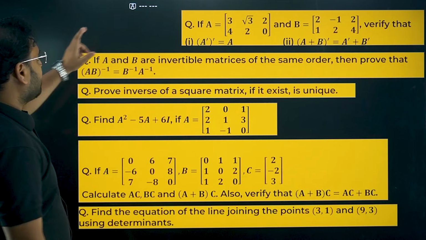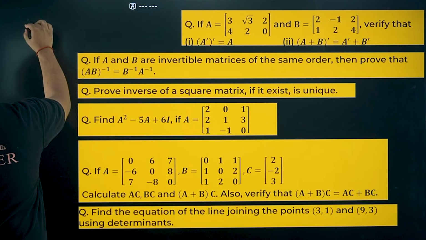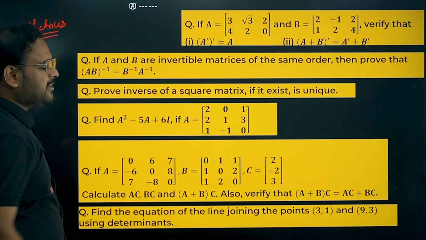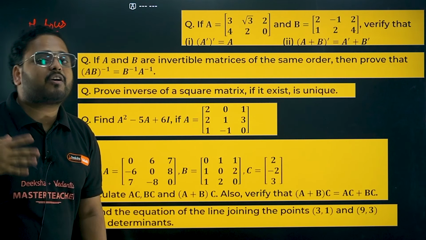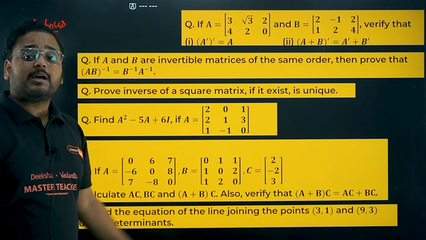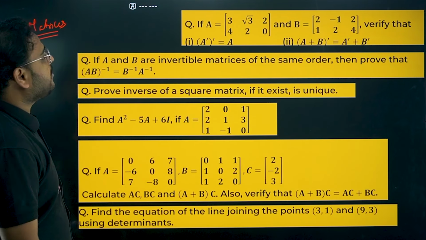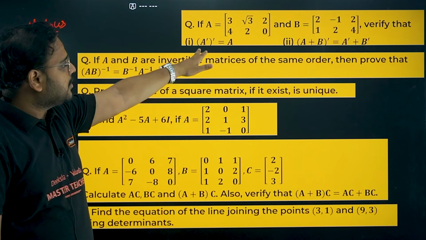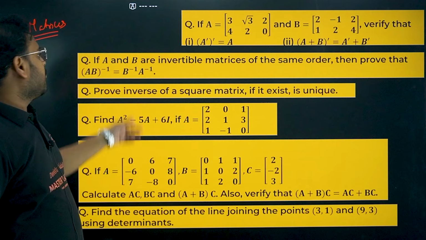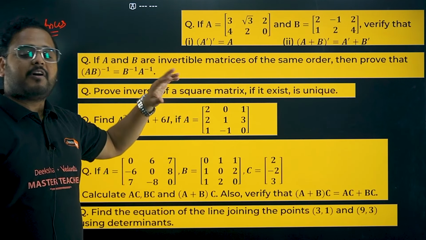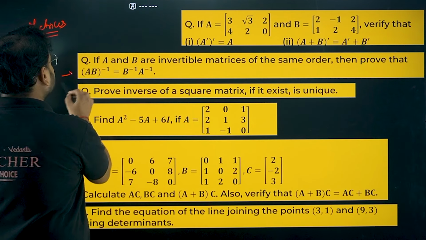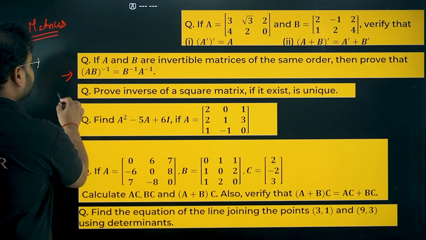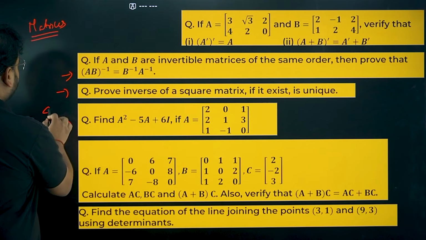Next up, matrices. So as I said, I have not taken any difficult chapters, okay? Last minute, let's not challenge ourselves. Let's just build our confidence. So for that, I've taken easier chapters, but all the important questions. You can see over here, this can be a property verification question in MCQs. Even for a 2-marker, this can be asked. Proving that if it is invertible, then a function will have this property for inverse. If the inverse exists, it will always be unique in nature. That's another question. Again, this question can come for 4 marks over here.